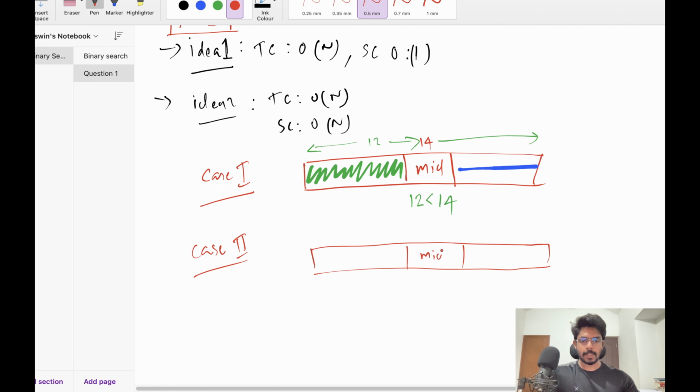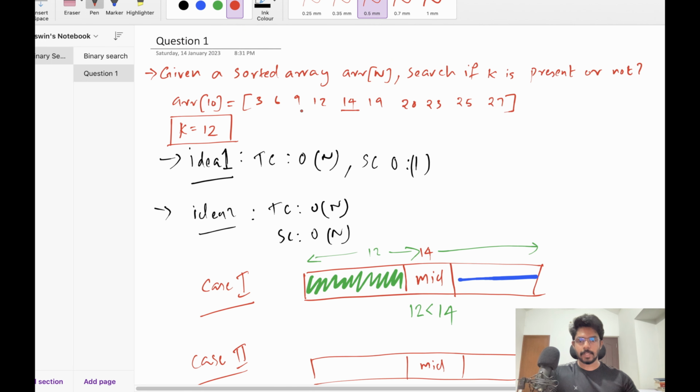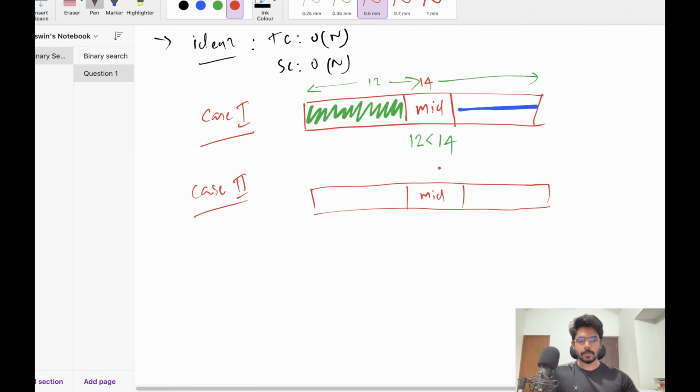So we land on the middle element, and suppose the middle element is 9, for example. If the middle element that we got is 9, and the number that we have to search for is 12, is 12 greater than 9? 12 is greater than 9 means 12 will lie somewhere here, right? Every element to the left side of 9 is less than 9, so it will definitely be less than 12 also. So 12 lies somewhere here. So we can discard this particular portion and only search the green area,